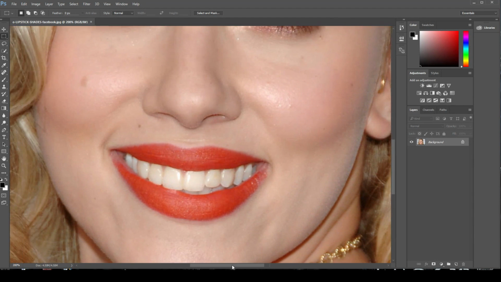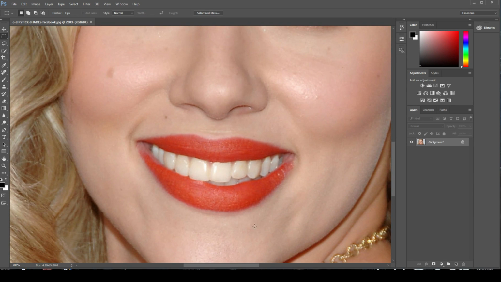So what we'll do, I'm using a mouse and keyboard here because I've broken my tablet, so it's going to take me a little bit longer than usual, but never mind. So what you want to do, you want to choose a tool that you are comfortable with for selecting parts of your picture. Now I tend to use the quick selection tool, just because it's easier for me to work with without the tablet. If I had the tablet, I would probably use the lasso tool, but I'm going to go ahead and use the quick selection tool, and I'm just going to drag it over the area that I want,